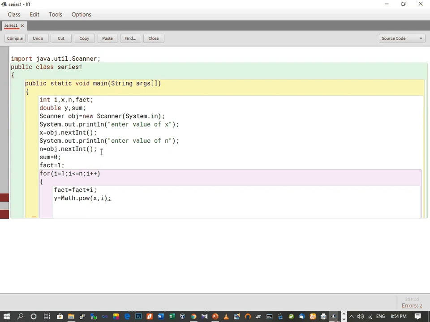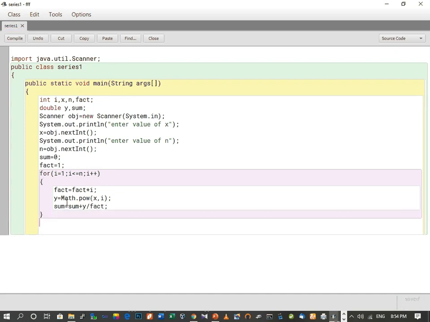And then we have got the x value, we have got the y value, we also got the fact value. So now we are going to find the sum equals to sum plus y by fact. This factorial value will be at the down.